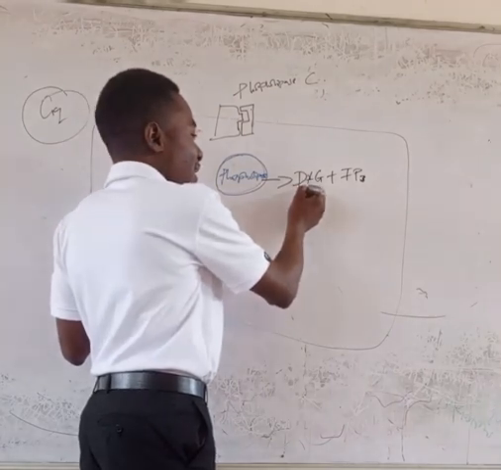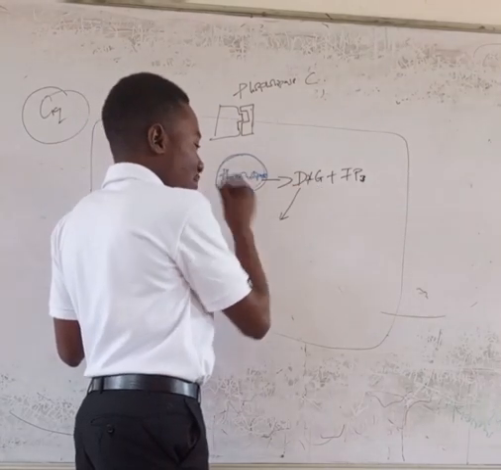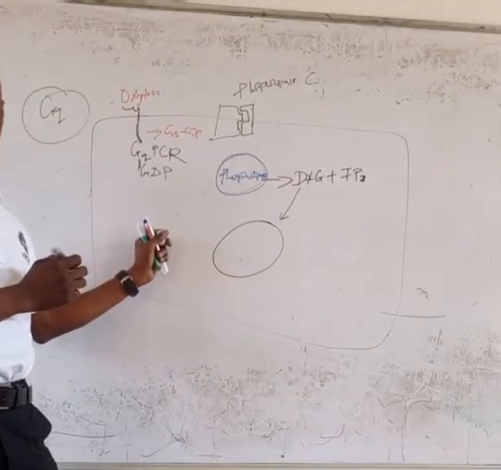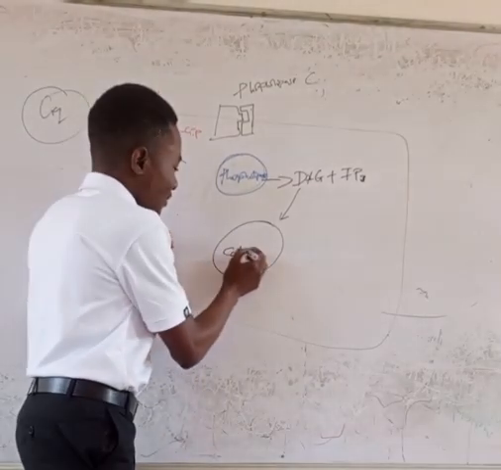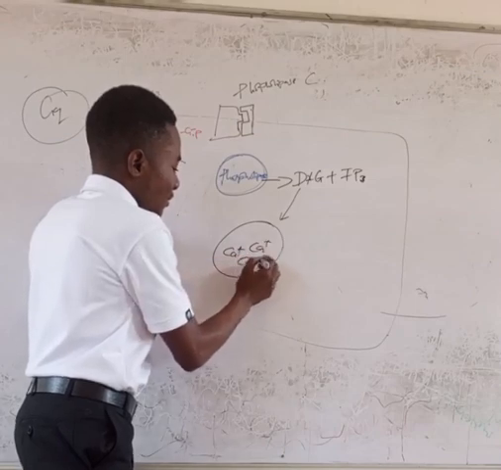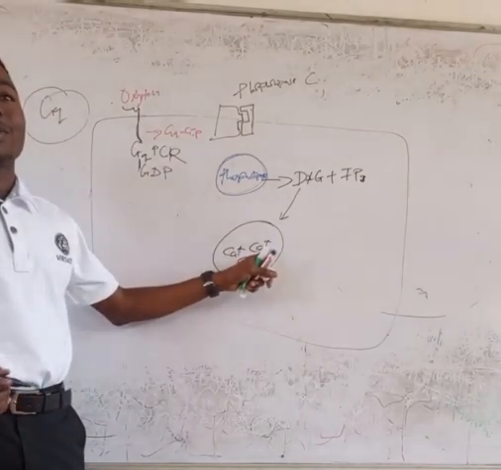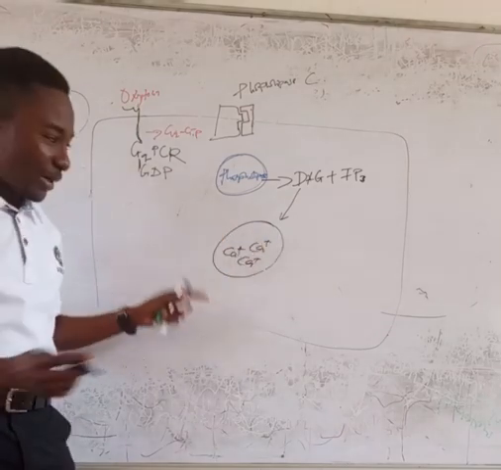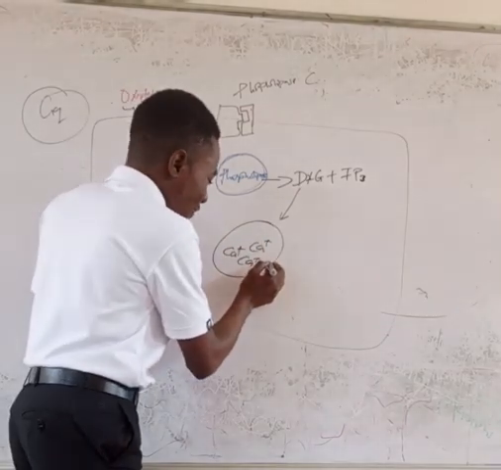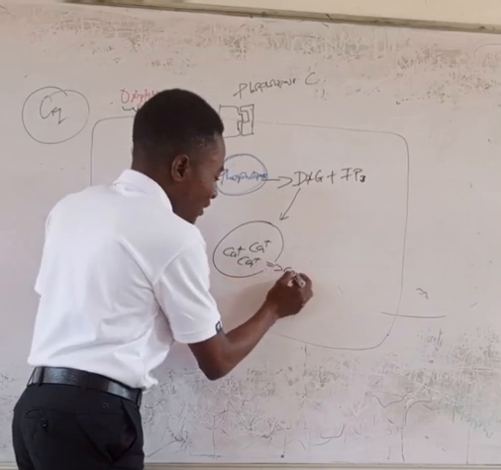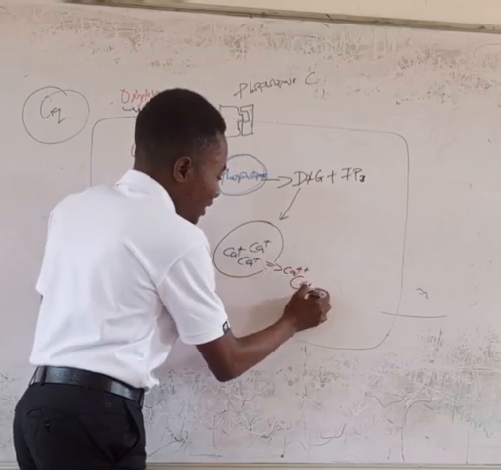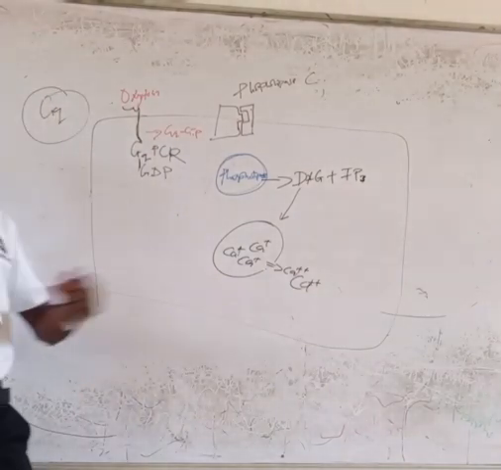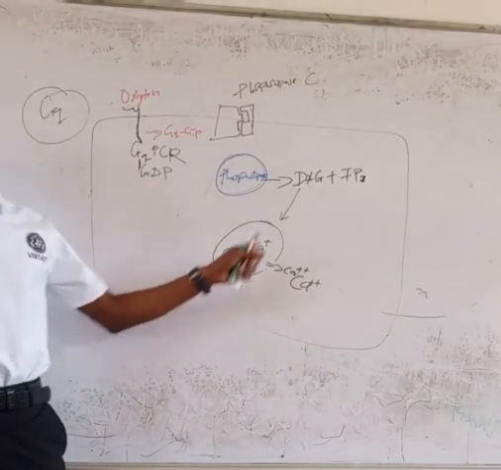So what these do in simple terms is that the DAG can go to the sarcoplasmic reticulum, which stores calcium. It will come to this one and tell it to release calcium. So calcium will start coming out here. Now you get it. So this DAG activates that. And then IP3